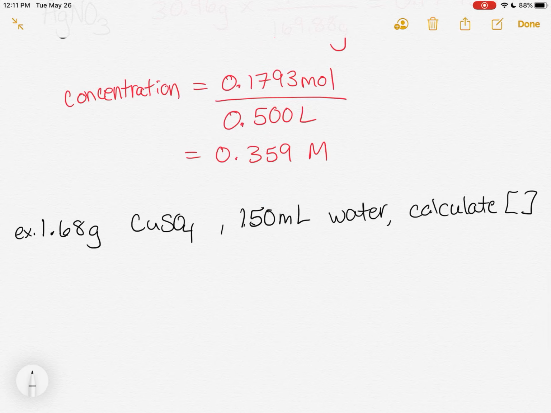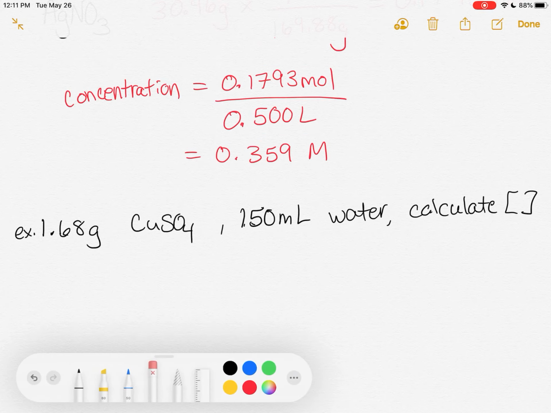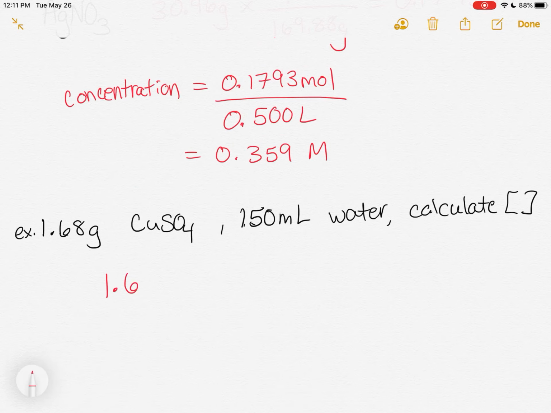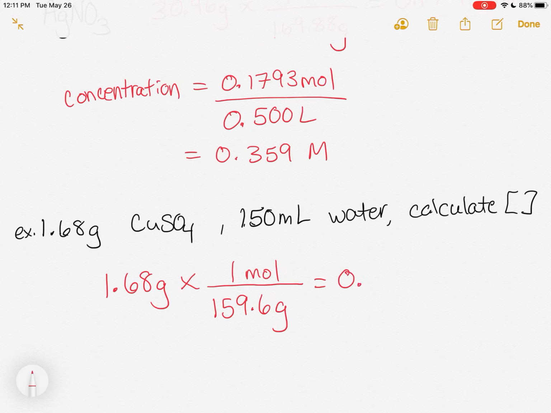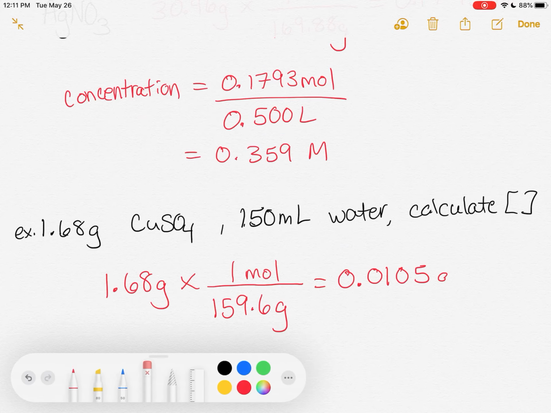Okay, so for our copper sulfate, we first need to find our moles of copper sulfate. Let's do this in red. So we're starting with our mass of copper sulfate, 1.68 grams. We need to multiply by our 1 mole of copper 2 sulfate. It's going to be 159.6 grams. Again, that's our molar mass for copper 2 sulfate. 1 copper, 1 sulfur, 4 oxygens. And so when we do that, we get our moles, 0.0105 moles